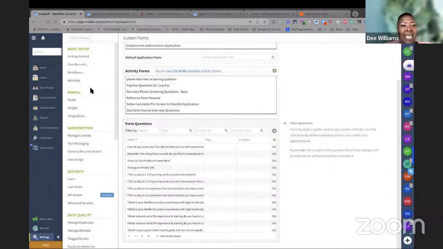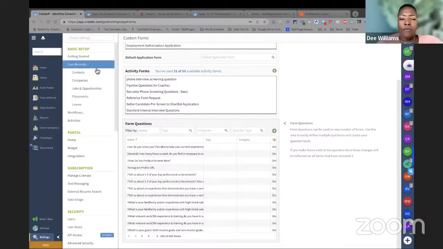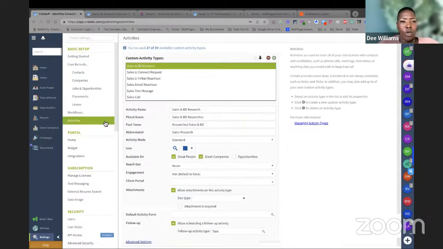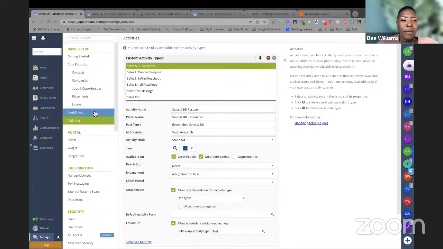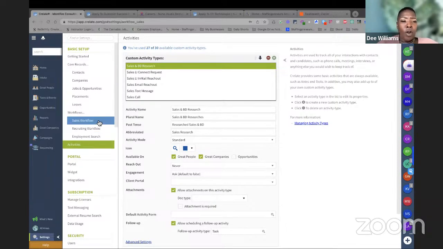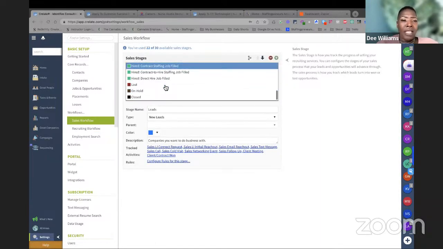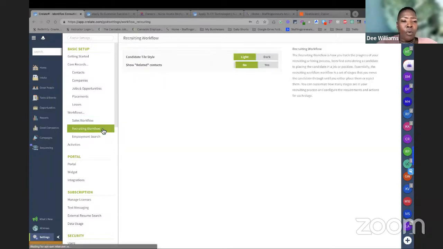The last thing I want to show you, we do this in a setup. If you do not have a setup, your Creelate, you're going to have to do this on your own. But when we do it, we set it up for you. And that's adding your activities. These are the different activities that you're going to do in your staffing business that need to be tracked. Also creating your workflows, your sales workflow, what that looks like,